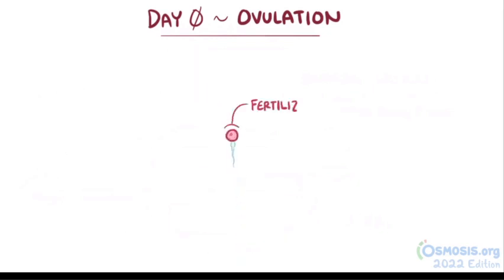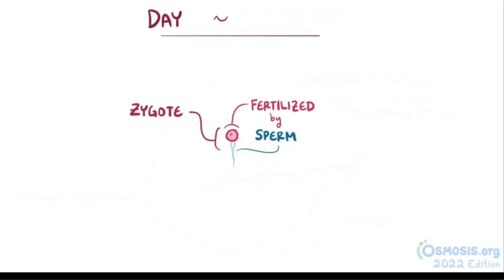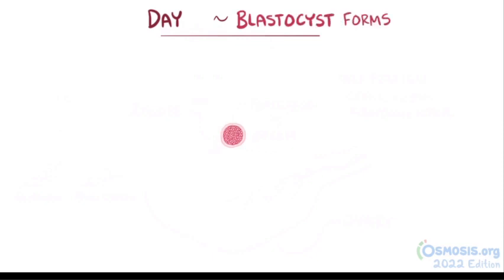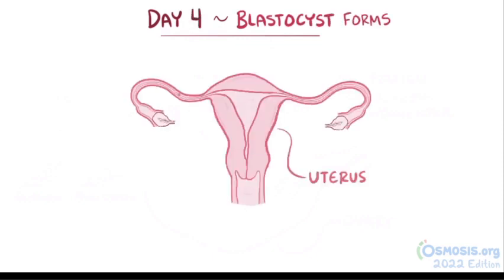Normally, the egg gets fertilized by sperm within 12 to 24 hours to form a zygote. So let's say that fertilization happens a day later, on day 1. Almost right away, cells start to divide over and over until there's a ball of cells called the blastocyst on day 4. The blastocyst typically floats around inside the uterus for another day before it finds a specific spot to